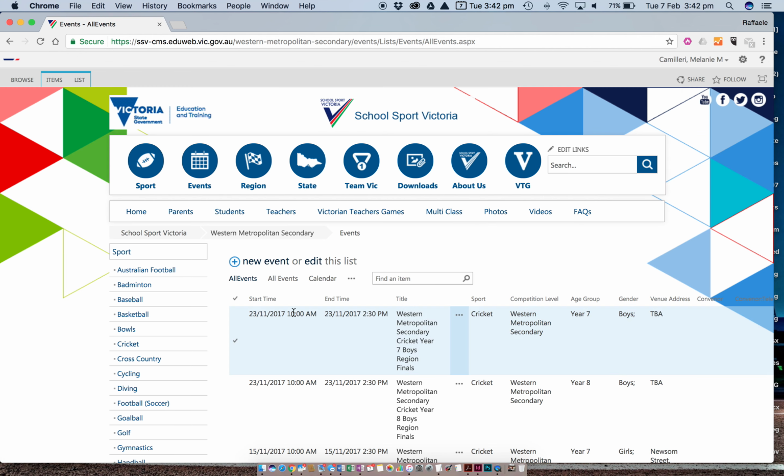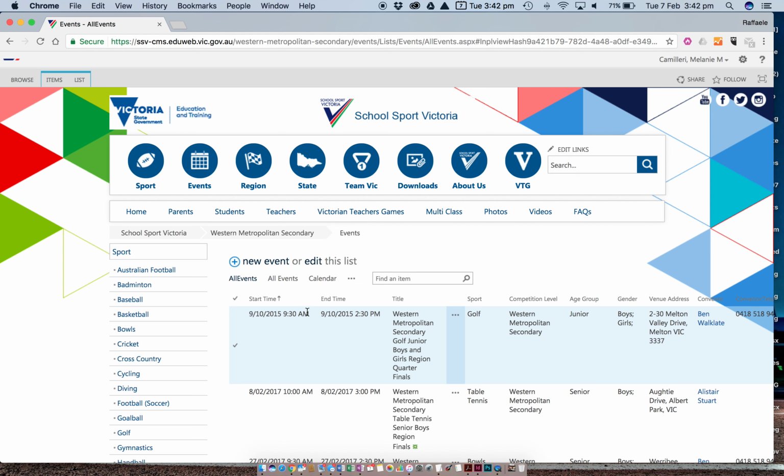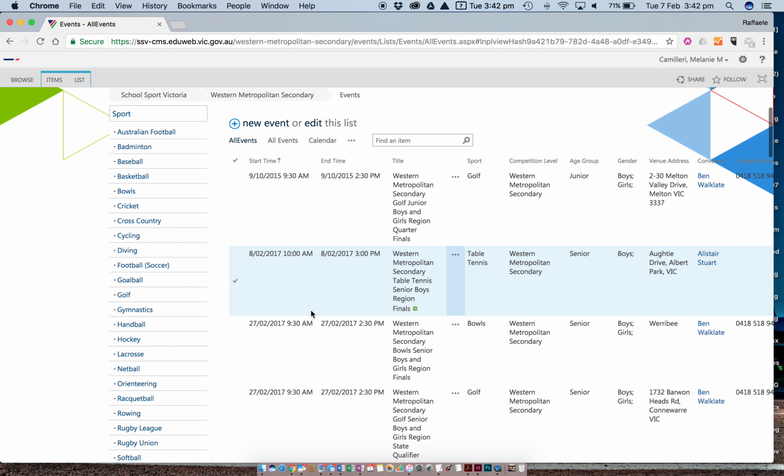And that will have popped up in this screen. So if I just sort these by ascending, I can see here that tomorrow I've got that table tennis senior boys region final